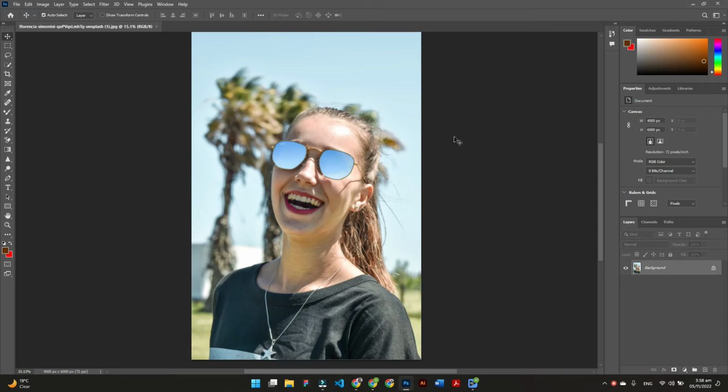So in today's video we're going to see how we can whiten the teeth in a realistic way, so we can remove that yellowish part from the teeth. So what we have to do,